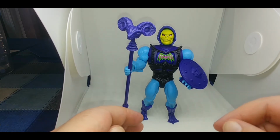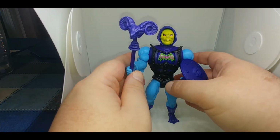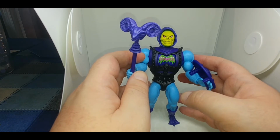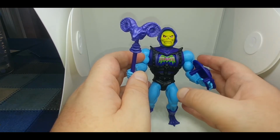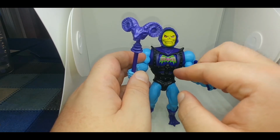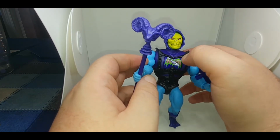As you can see, we're starting with it here in figure mode. And of course, the battle armor gimmick, for those of you not familiar, comes from a time in the 80s where Mattel was doing this spring-loaded damage thing. If you had Hot Wheels cars, there were ones where if you hit the side or the front, they would flip and have a dent, or they could do like 3 dents. Well, this is sort of like that, where if you just press on the chest, you can see that it'll just spring around